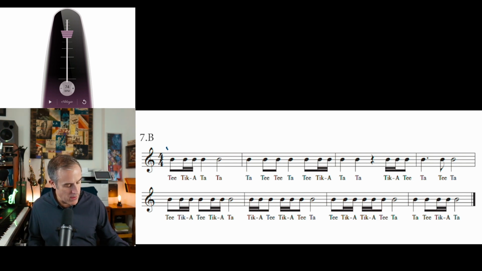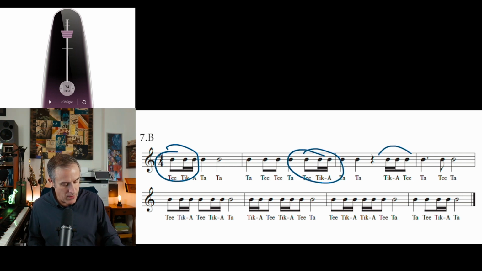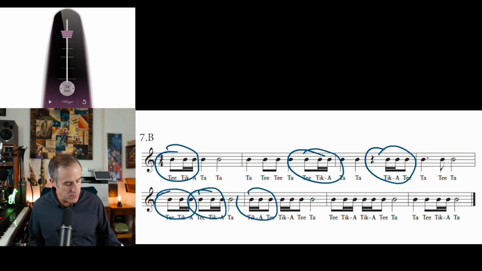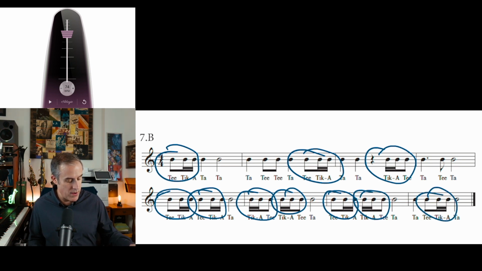Measure 1, I see one right here. Measure 2, we've got one. Measure 3, we've got one. And measure 5, the first measure in the second line, we've got 2 of them. Measure 6, we've got 2 of them there. Measure 7, we've got 2 of them there. Measure 8, we've got 1 there. So we've got 1, 2, 3, 4, 5, 6, 7, 8, 9, 10 examples of one of the 2 rhythm